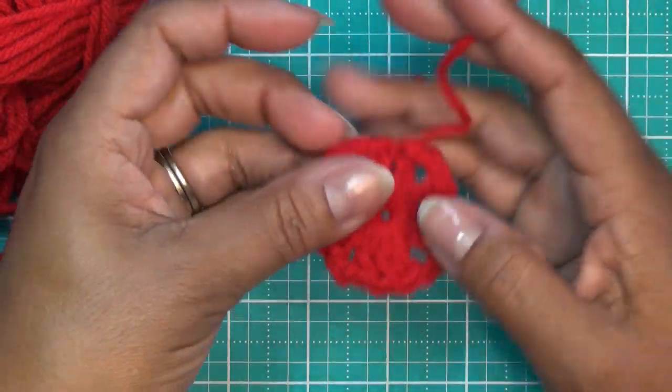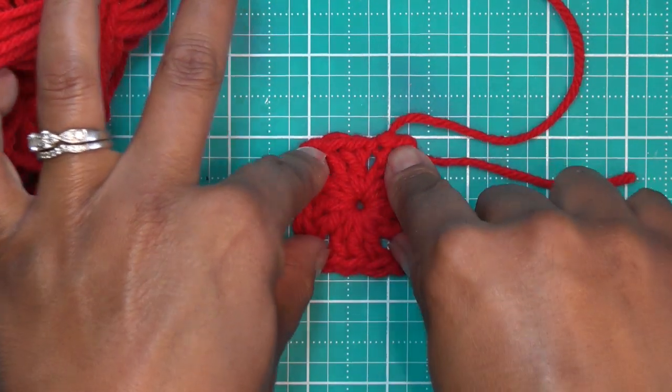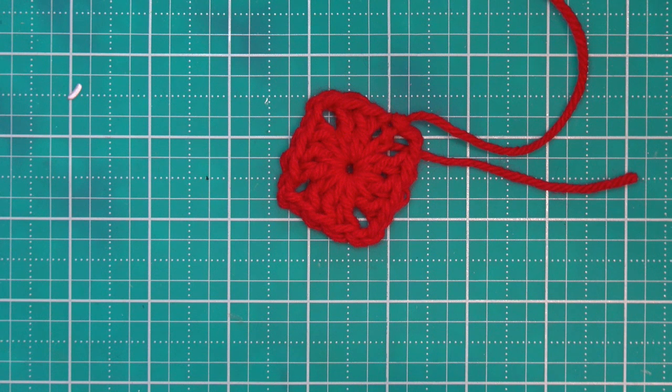Okay, so that's it for the first round. Easy, right? We just started this little guy. So for the Mario blanket, or not Mario, well, I don't know why I said that. I was going to do a Mario blanket. The blanket I showed you guys in the picture there